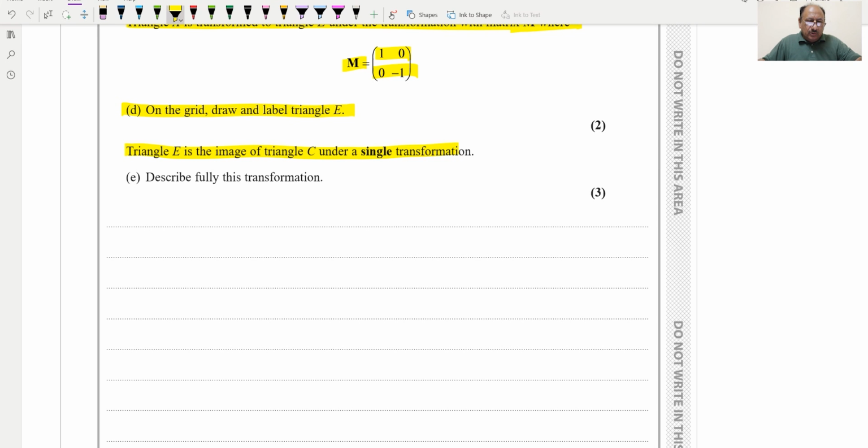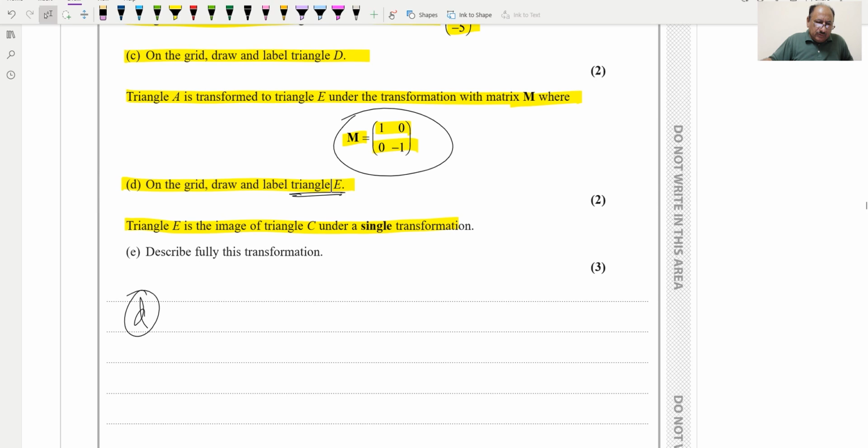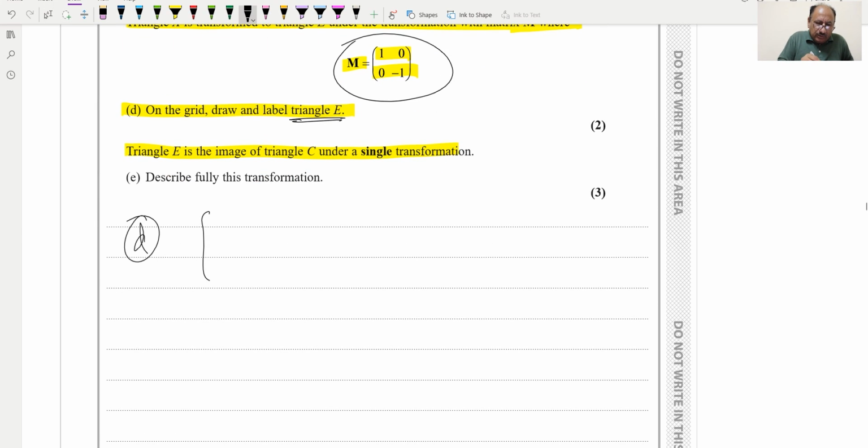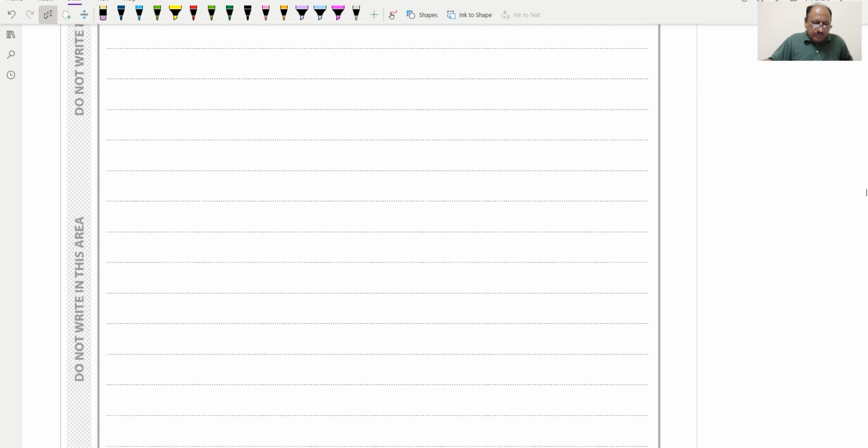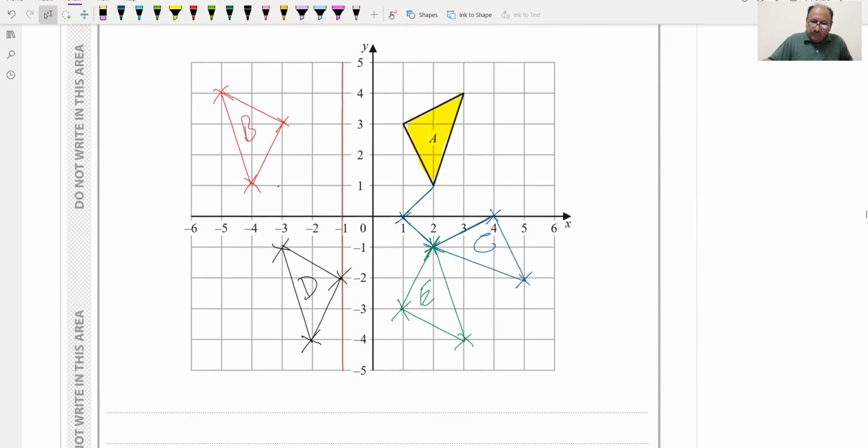So for D part, if I explain, for example, if you want how we can reach this triangle E, we can take this matrix which is basically given, and we can take this matrix and the given triangle which is A. Is having coordinates. If we check, the A coordinates are here, which we can take this one as 1 and 3,